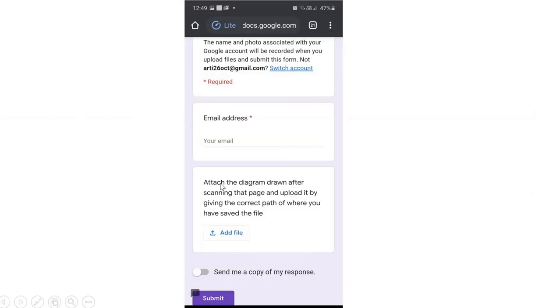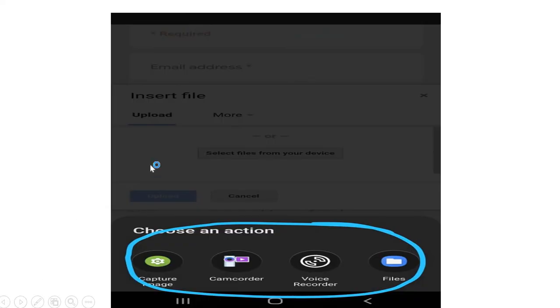When the student gets this form, he or she will start typing here. He will get the same message here that we had given in the Google test: attach the diagram drawn after scanning that page and upload it by giving the correct path of where you have saved the file. Then the student will click on this. Then the student will get a new dialog box in which 4 options are given.